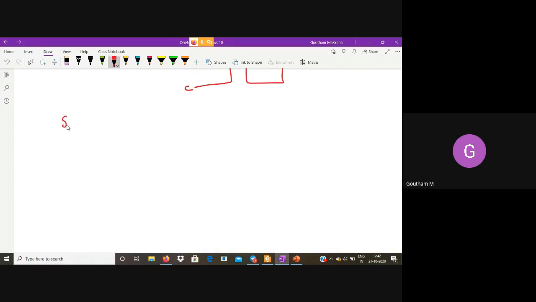So sum is equal to A XOR B XOR Cin, and carry is equal to AB plus Cin into A XOR B.